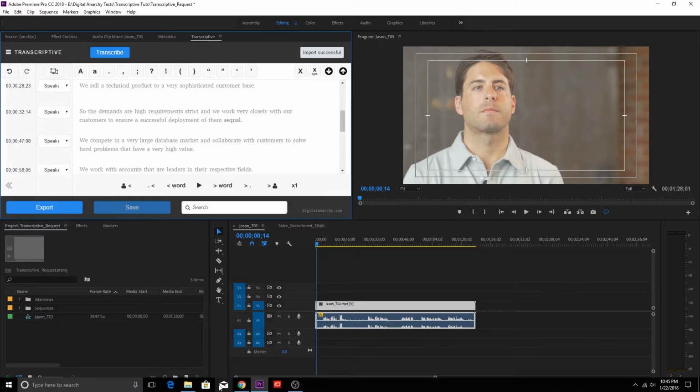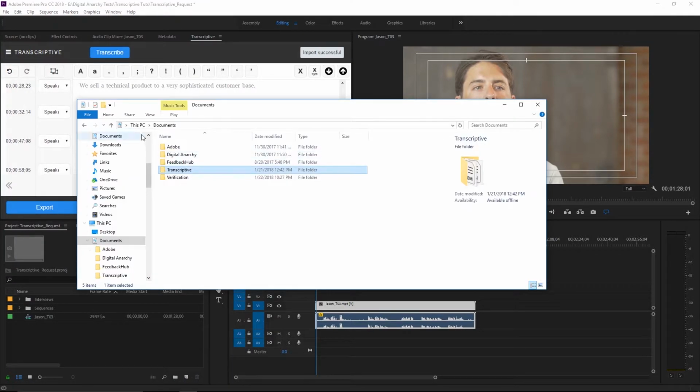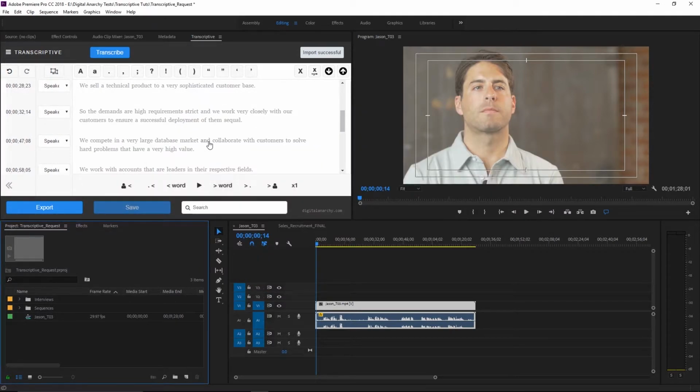Or, if you use Watson, you can find the corresponding JSON file in your transcriptive folder on your computer. And unfortunately, any changes you may have made will be gone.